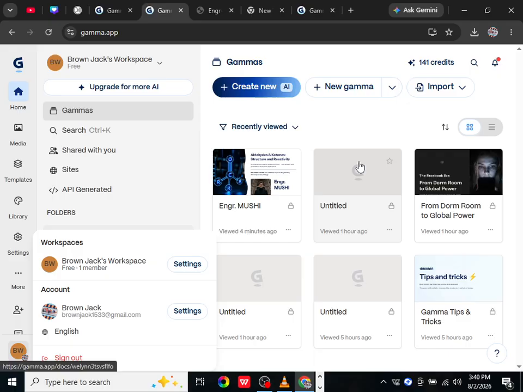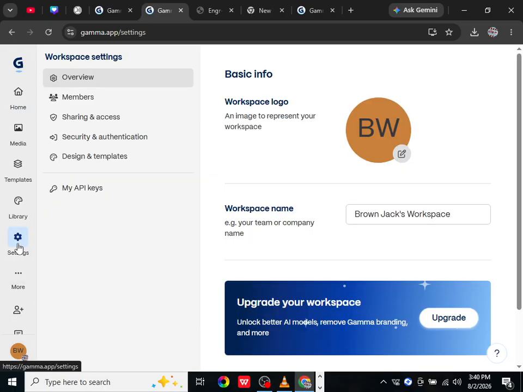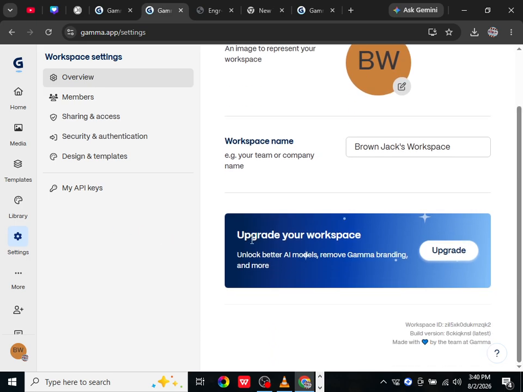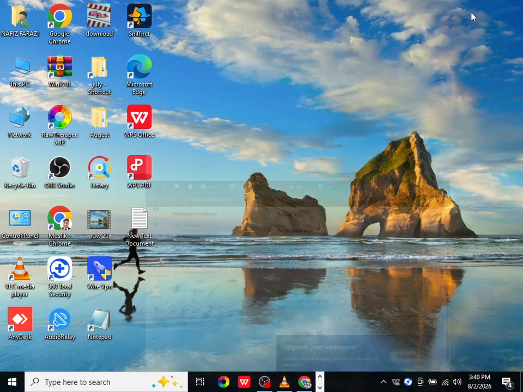Choose a strong password that is difficult for other people to guess. Avoid using simple passwords, common words, or information that others can easily know. Enter your new password carefully and complete the reset process. Once your password has been successfully changed, return to the Gamma AI login page and sign in using your email